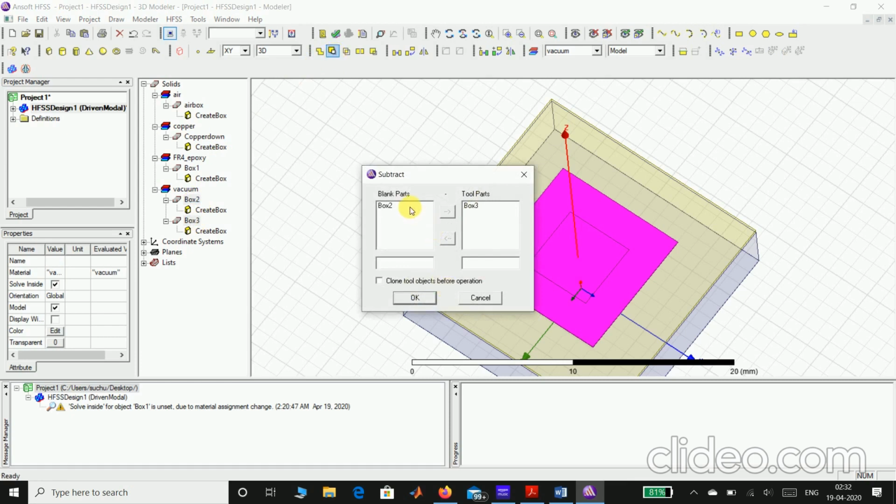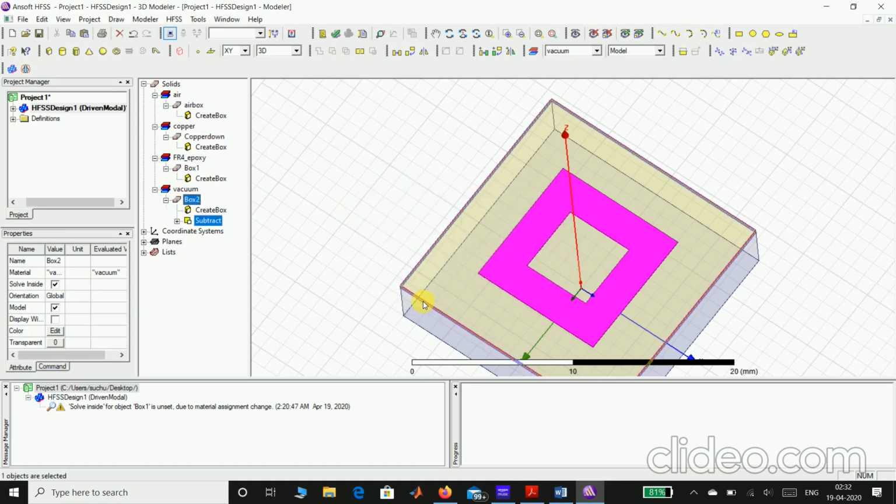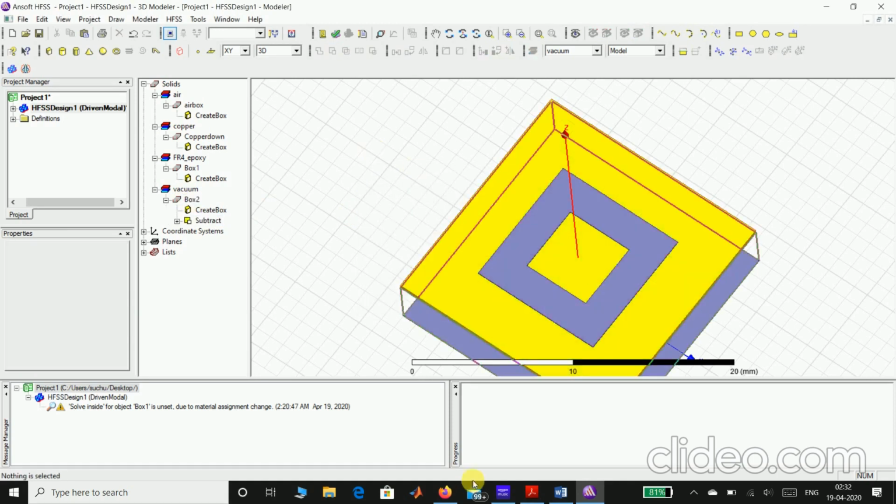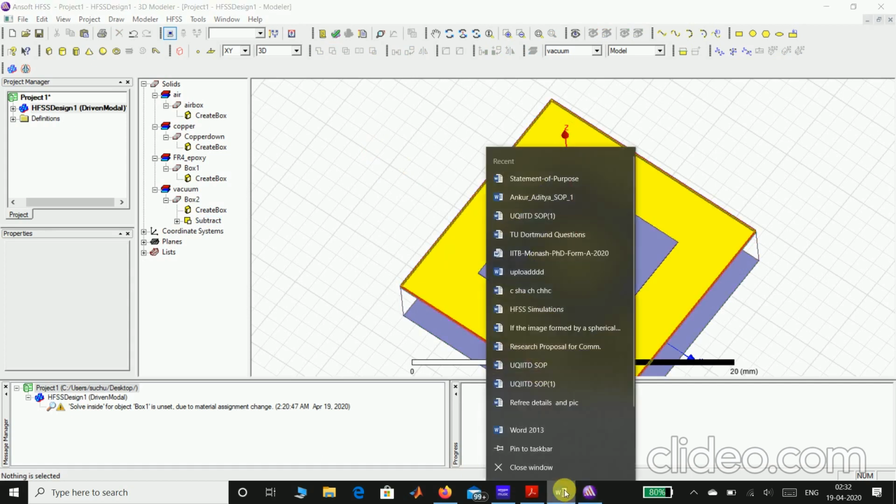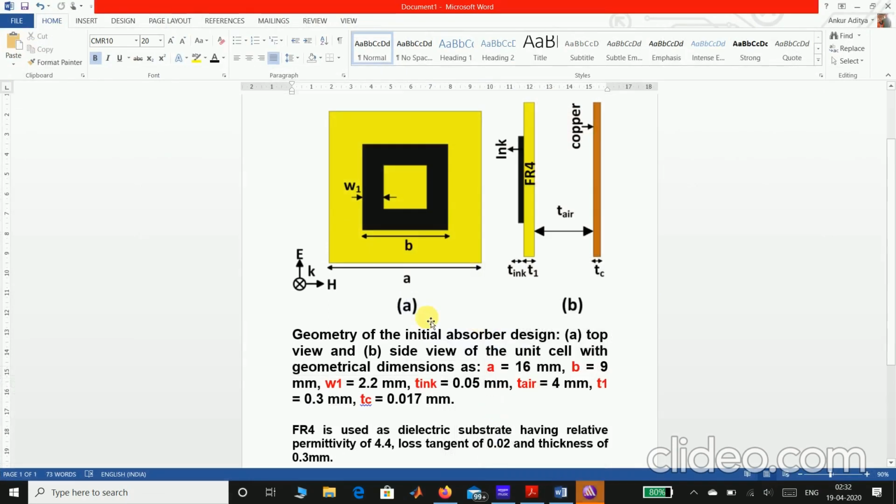It will show you the blank parts as box 2 because you have selected it first. So you have to select first the one from which you are subtracting, and second the one which you are subtracting. So box 2, box 3, then press OK. As you can see, a slot of thickness w1 has been cut out, because we have considered the width as w1.